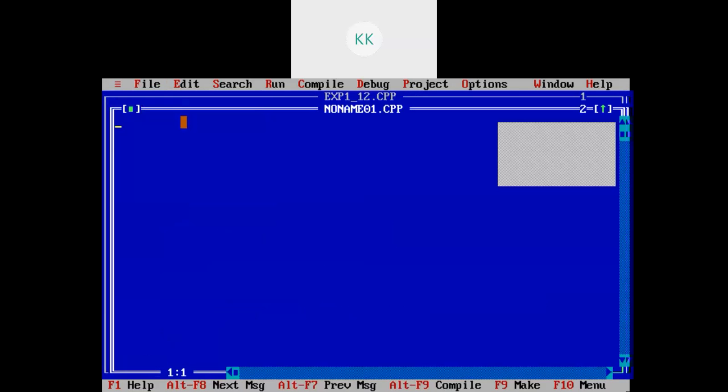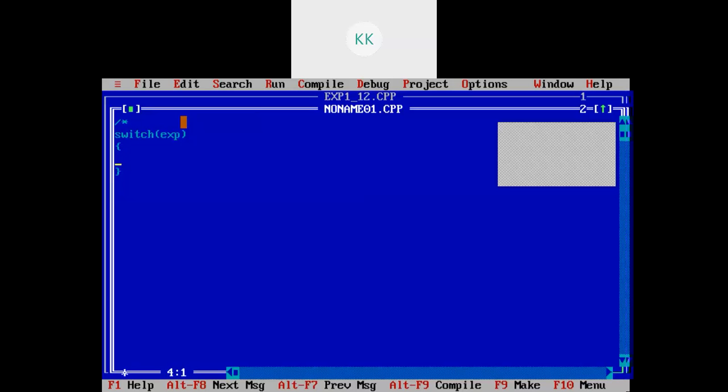So the next control statement is our switch statement. So the syntax for switch statement is switch. Here you are having some expression which will yield an integer value.